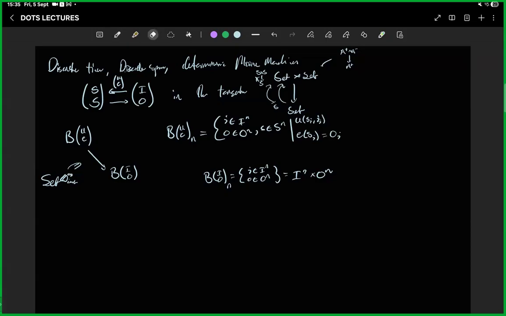Let me call it T because it's time actually. U of S_t, I_t is equal to S_{t+1}, right? So these are trajectories of this system, sequences of states that evolve according to the law of the update process that's given by the